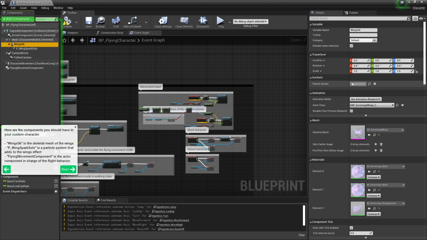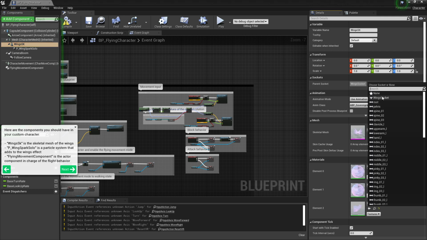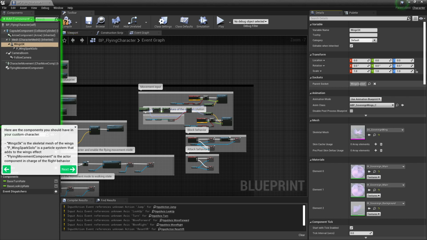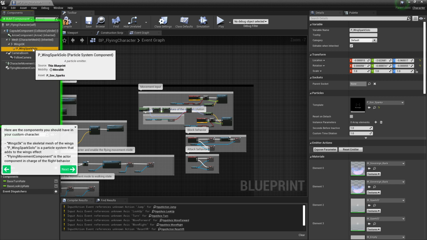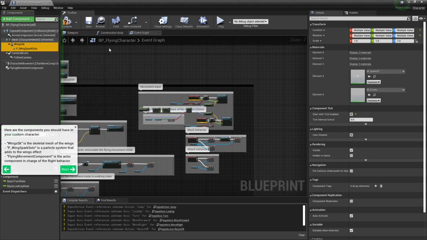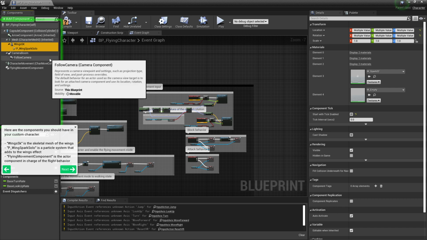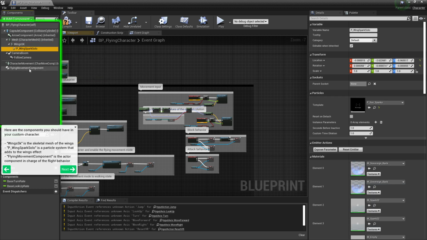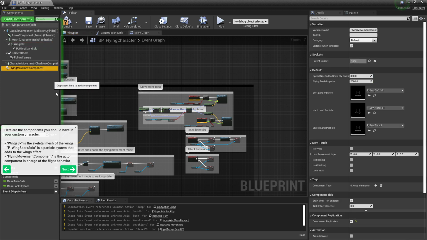You create a socket in the skeleton of the character you're using, so you can parent this to that socket. So yeah, in our case it is the wing socket. Then we have this wing spark solo. You can just select all of this and copy and paste it, so it's easier. And yeah, on the flying movement component,